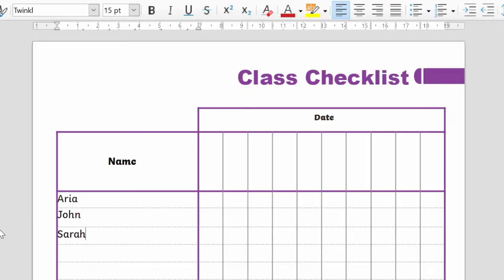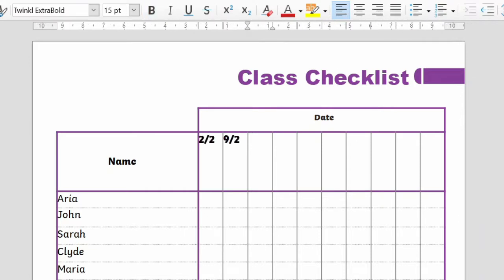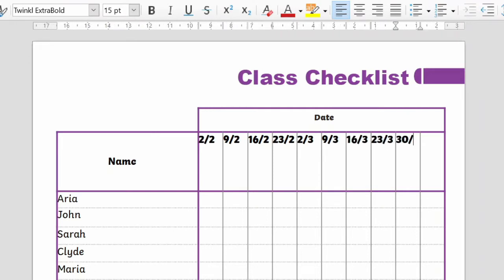need some support. Typically, you'll have the student names down the left-hand side and the dates along the top. This template is one of the many available on the Twinkl website and is editable. This means you can adjust it to make it most relevant to you, your class, and the data that you